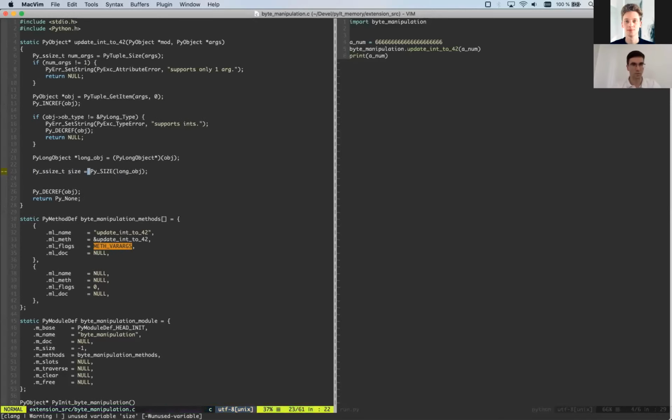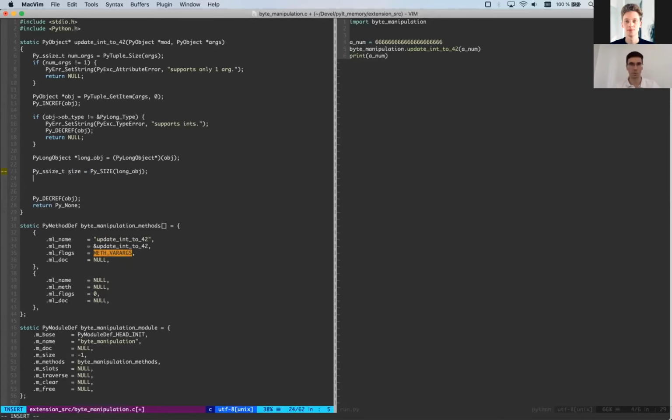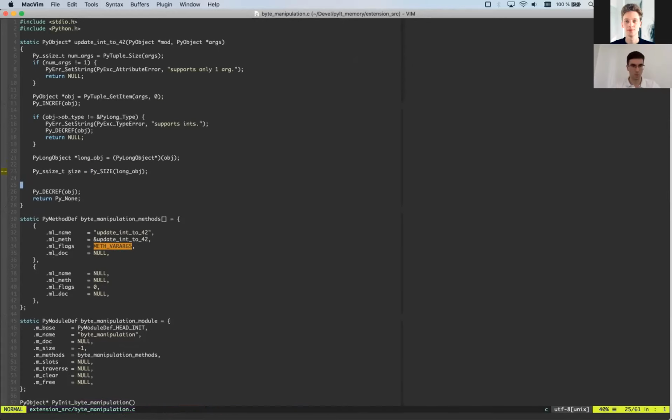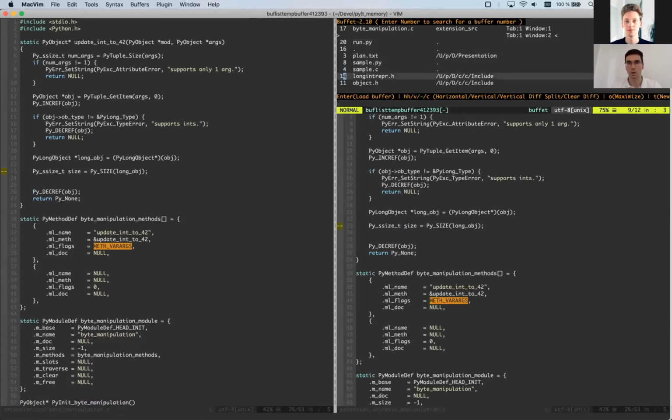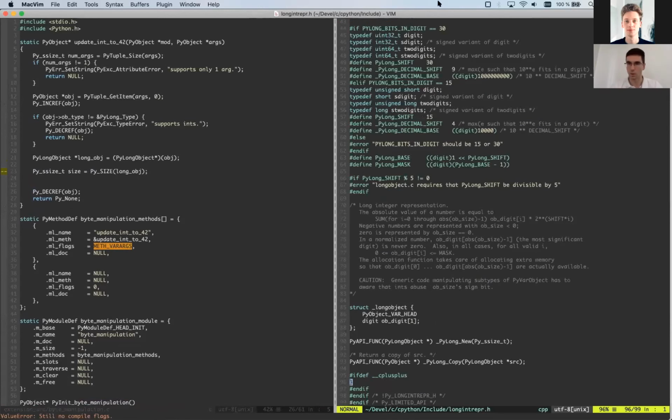I'm gonna get size of this object. So let's go back and look at this. So this is the implementation.